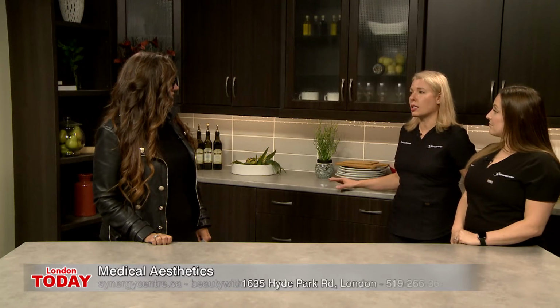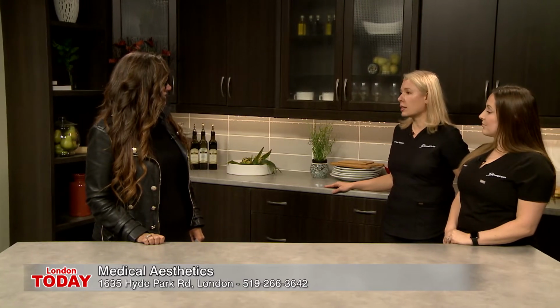And with filler, once we completed the treatment, so we reversed most of the activated aging trigger points, then we'll do once a year maintenance for the filler, much less in volume than the original treatment. Okay. Even the original treatment, sometimes we need volume, especially in people that lost a lot, or people that